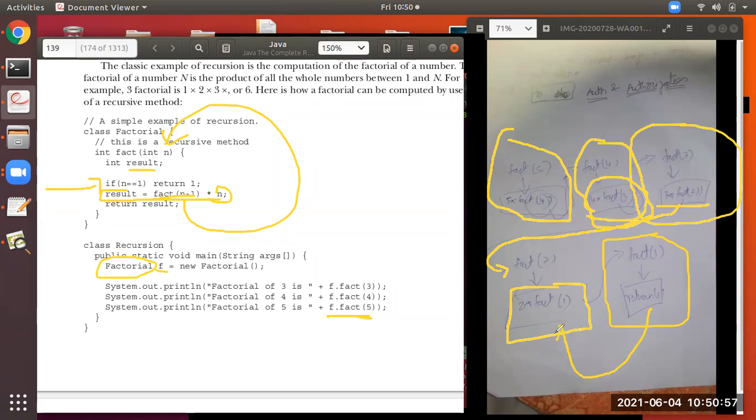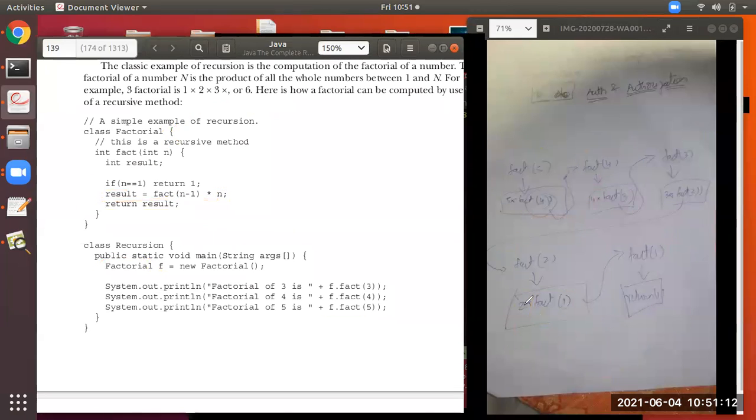So students, you see here, it will return to this factor of 1 from where it was called. Now this is factor of 1 as 1. So 2 into 1 it will multiply, that is 2. Now this factor of 2, I'll rub everything here from here. This factor of 2 is 2, no? This has become 2. So it will return from where it was called. It was called from here. Now factor of 2 is 2. This 3 into 2 will become 6. Now this 6 value will return to here, factor of 3. Factor of 3 is 6.